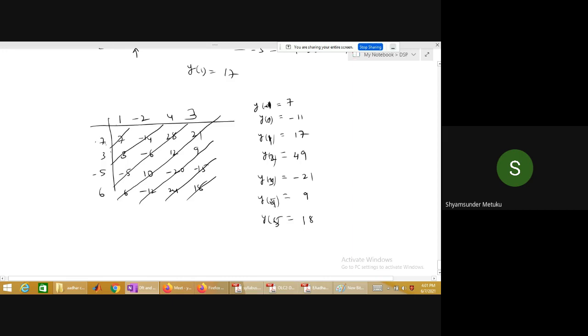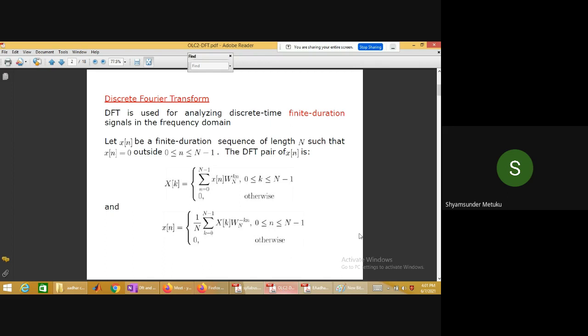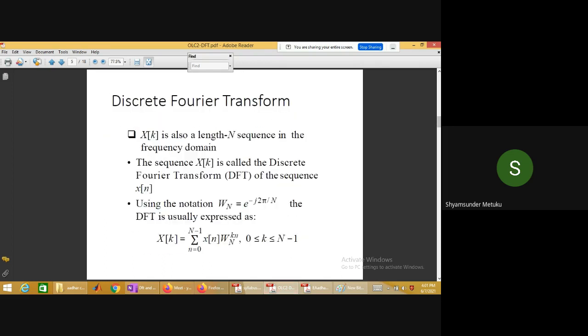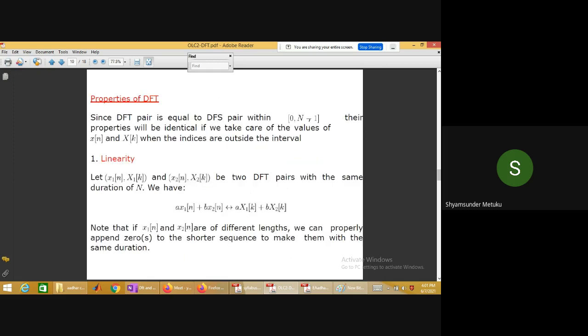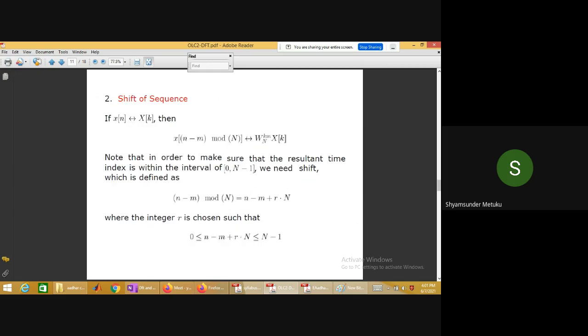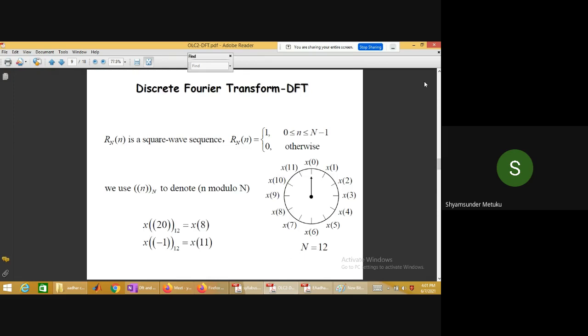Is it clear? Yes, sir. So I guess we did linear convolution for only one case, where both are finite signals. I want you to practice as many examples as possible. I will also share this PPT which I have along with my PDF document. It will help you understand better. I think linear convolution is not given here, only circular convolution is given. I will try to see the linear convolution document also and share that.